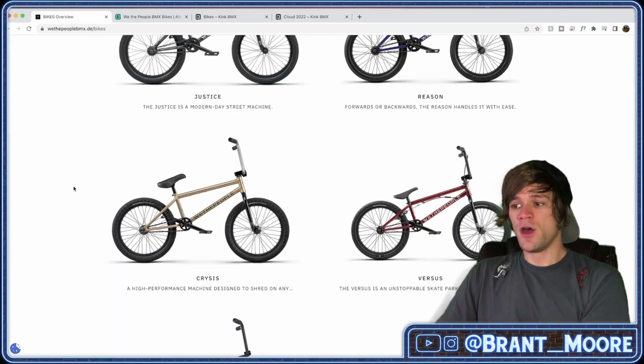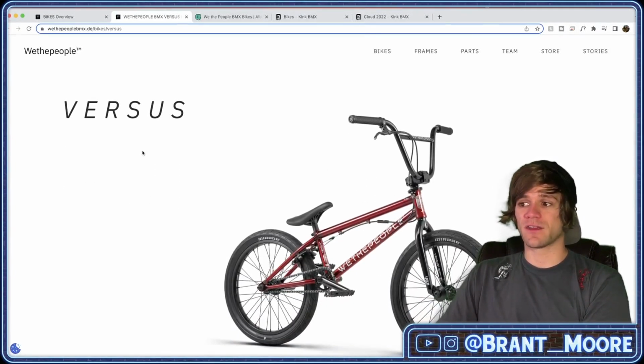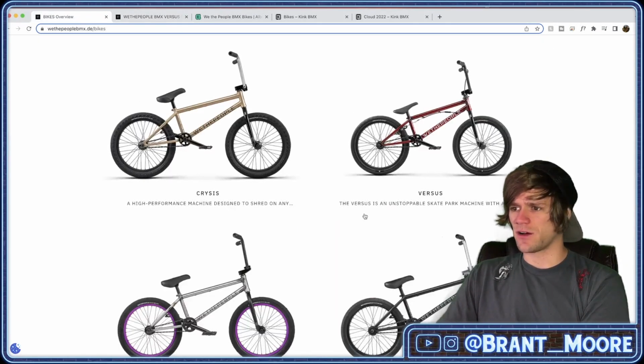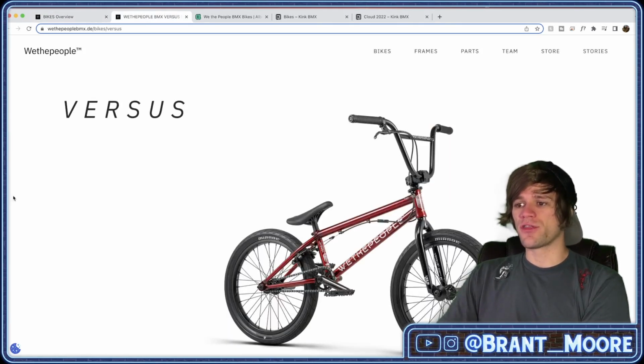Now let's move on to the Versus. We the People has a lot of complete bikes. The Versus, though, appears to be a park bike in that it has a gyro setup that comes stock on it. What's it say? Versus is an unstoppable skate park machine with all the ...